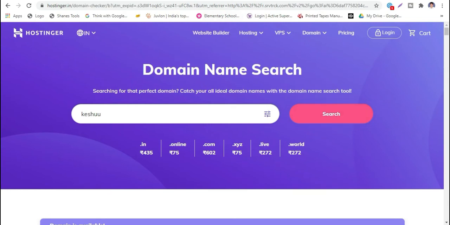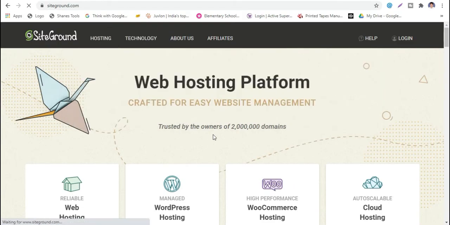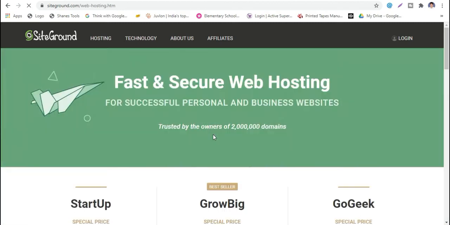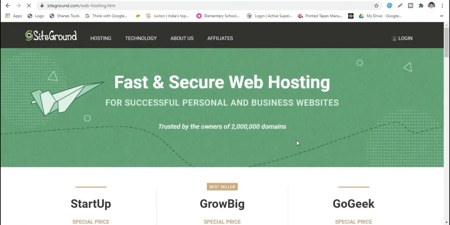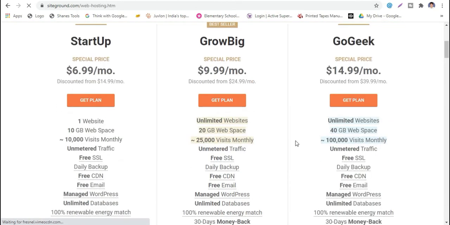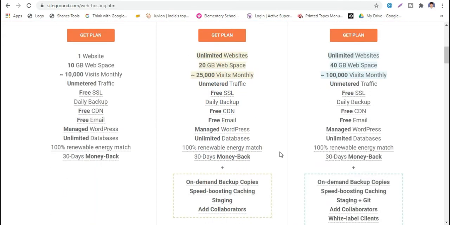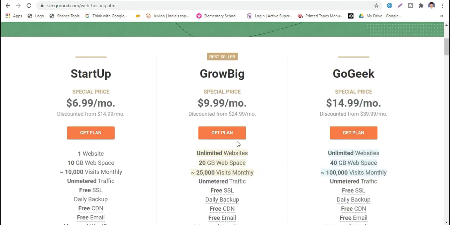Okay. In the second step, now just go to SiteGround. You will find the link there. Just click on that link to buy the new hosting. You need to buy the new hosting from SiteGround only. Here I would recommend you buy the GoGeek plan or higher. You must buy at least the GoGeek plan for this process. Okay, so I will click on this Get Plan now.